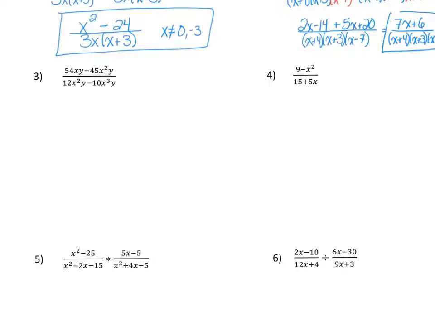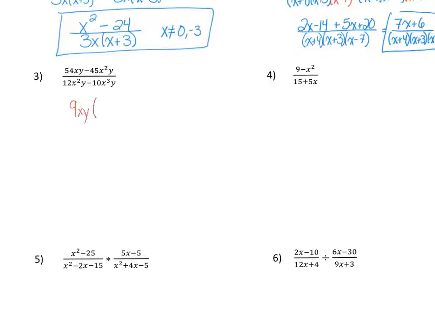Up next, we're just going to be simplifying a single rational expression. So as you can see, there's nothing being added or subtracted, multiplied or divided. It's just one fraction that we need to reduce. So the steps for these types of problems are: factor the numerator, factor the denominator, state the restrictions, and then cancel. So if you're looking at this first numerator, you can see that there's a GCF of